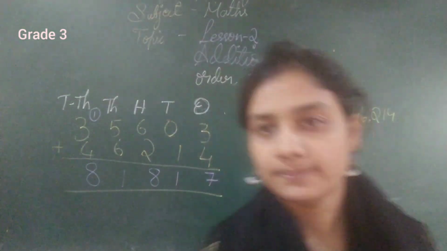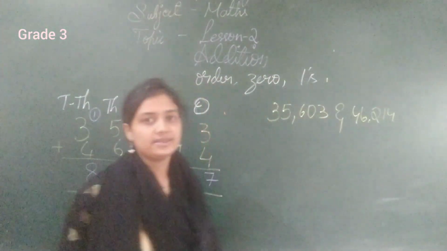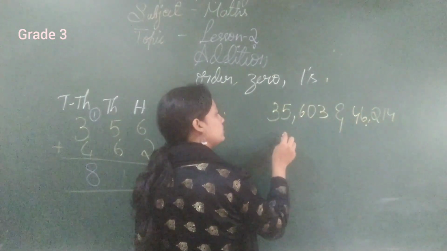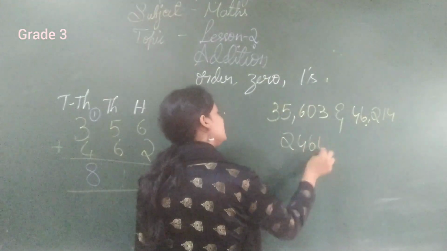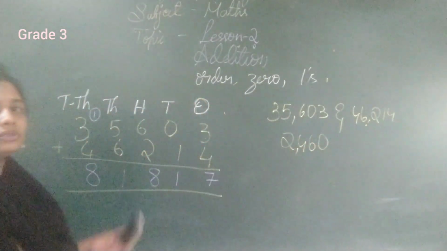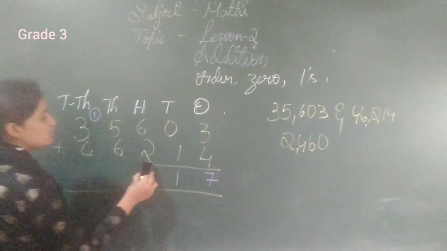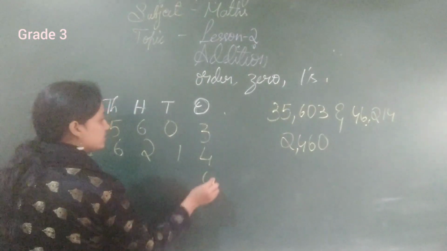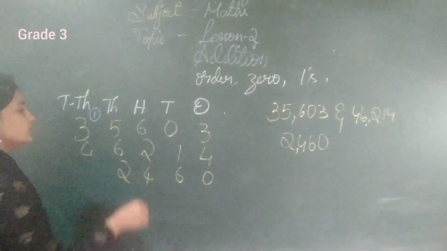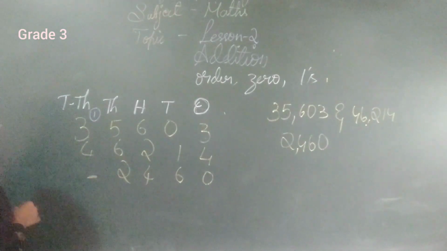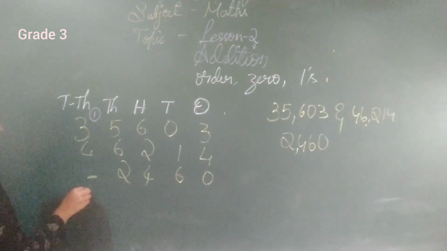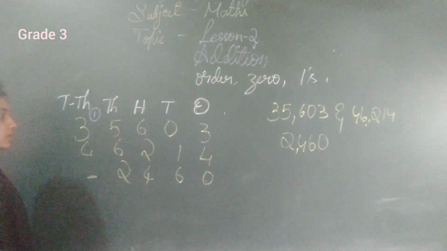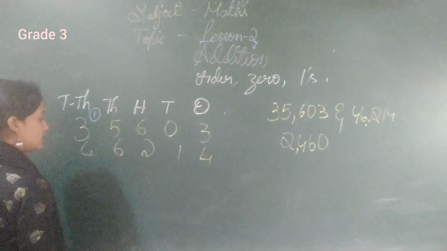Now let's go one step further and add a 4-digit number. So I'm going to add this number and also one more number, like 2,460. So now you will understand why I tell you to write from one place. See, start writing from one place: 0, 6, 4, 2. Now you can see there is no 10,000 place here. If you start writing from the left side, you will have an empty place here. That becomes a wrong number, because if you write in that way, see the number you get.